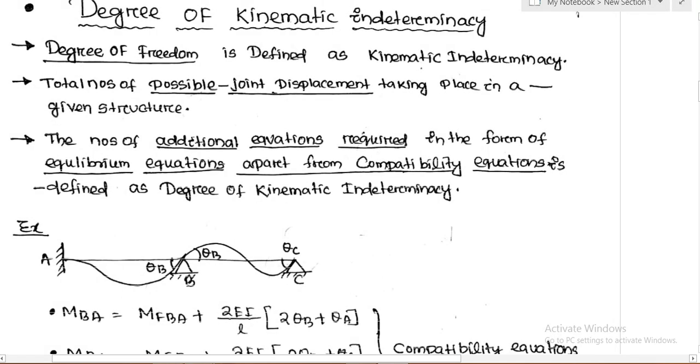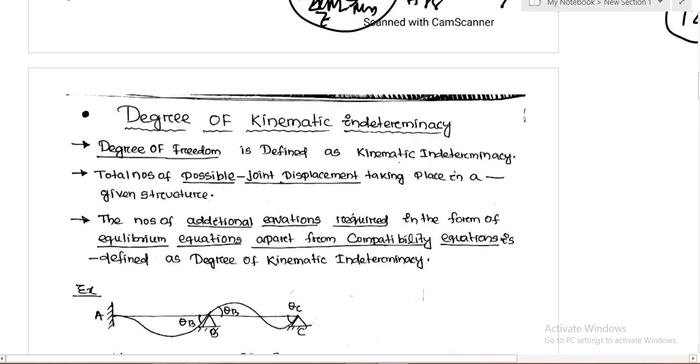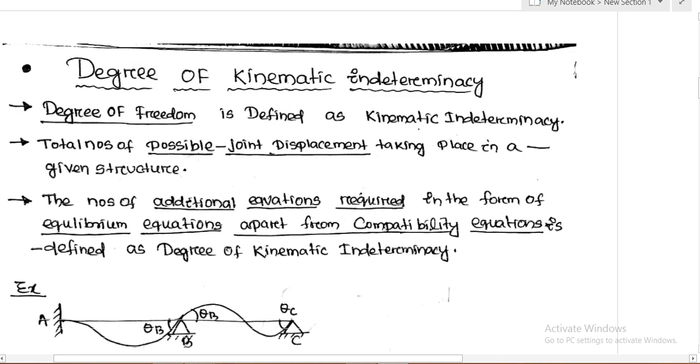So if you define the degree of kinematic indeterminacy, again I am recalling all this thing that I said. I wrote a short note, so you can read, and I can also provide this PDF in the description part of the link. You can download this one. So degree of kinematic indeterminacy, what? This is the degree of freedom. We can better call this the independent displacement or degree of freedom.